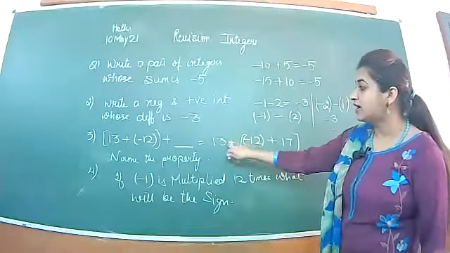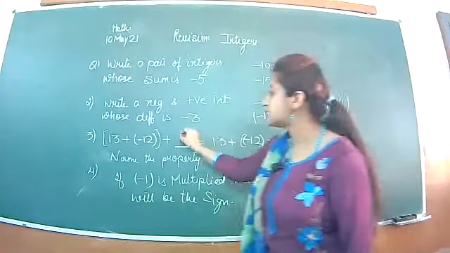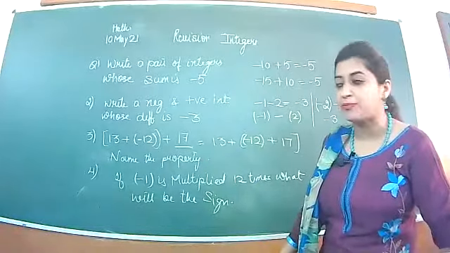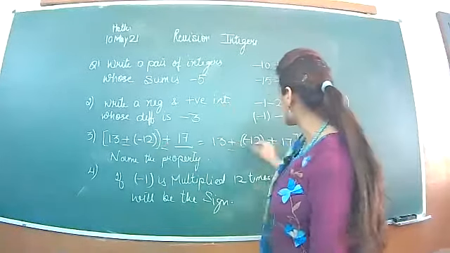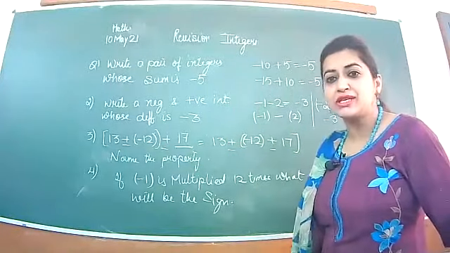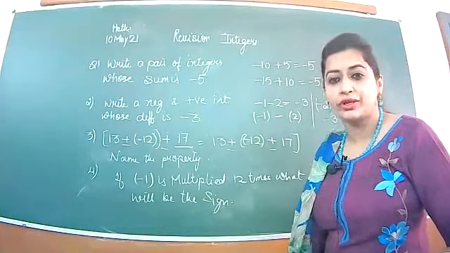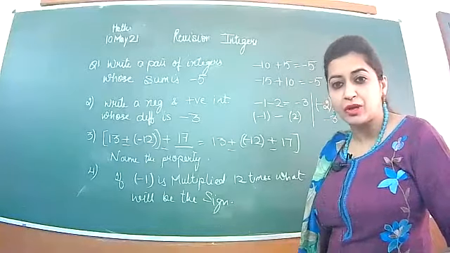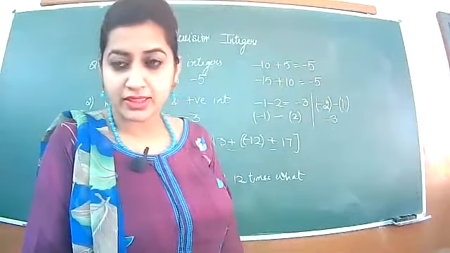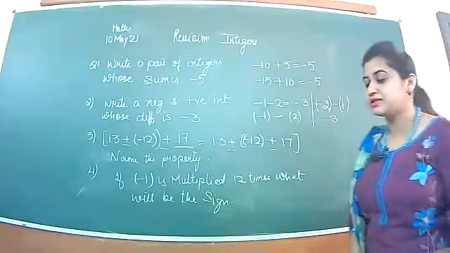In this blank, you can see that 3 numbers are there, and on the left hand side I'm having 2 numbers. So 17 is missing here. The property which contains 3 numbers is associative property of addition, because here the sign of addition is separating the brackets. When 2 numbers are there, it is called commutative property. When instead of 2 numbers there are 3 numbers, then it is associative property. Is it okay? Yes, all of you, lower down your hands.